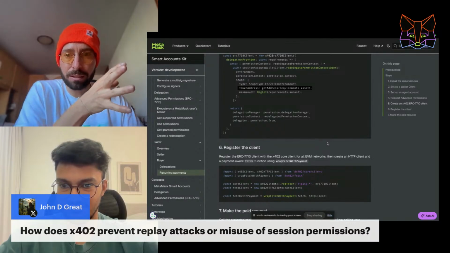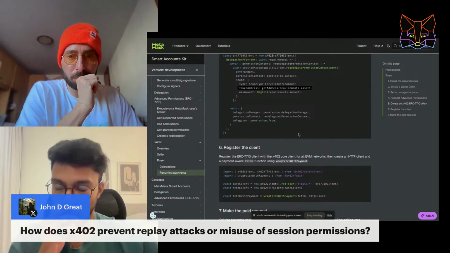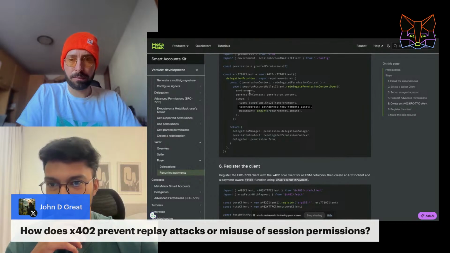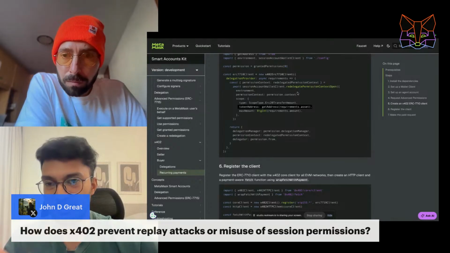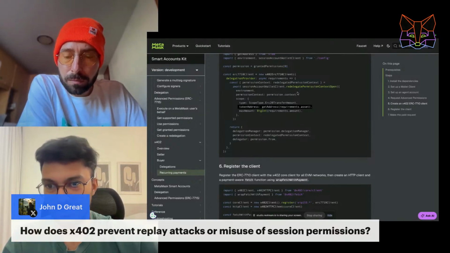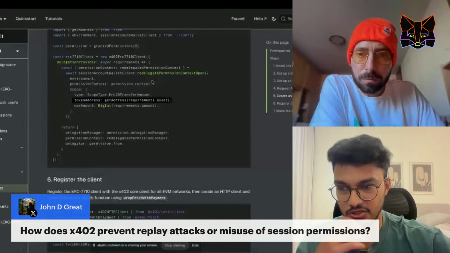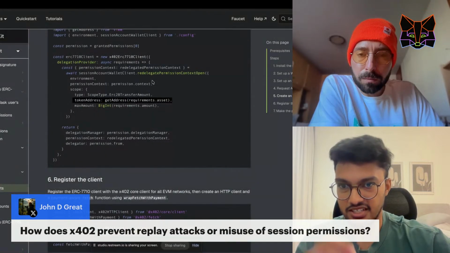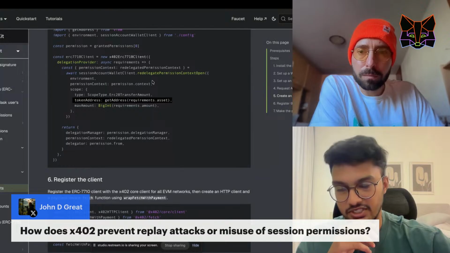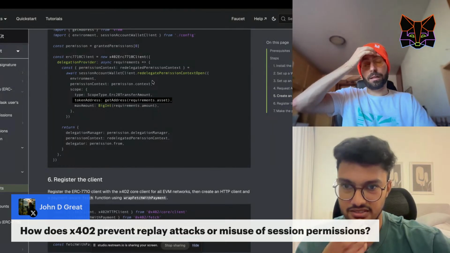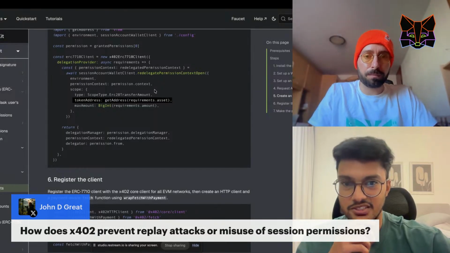I think you kind of already answered, Ayush. So you can also do that. If you want to restrict the permission to be used only once, you can add the limit enforcer. So I'm doing an open redelegation and I can say this permission can only be used once in its lifetime. Once it is used on chain, no one will be able to use it again. It will throw an error saying the permission has a limit enforcer of one and it has already been redeemed once. You can also limit the number of redemptions, and that can be done as well.